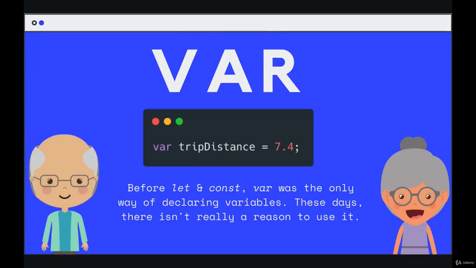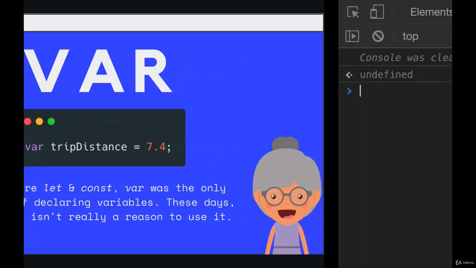Next up, a quick side note about the old way of making variables. Before let and const were a thing, you had to use the var keyword. So var and then the same exact format. Variable name equals some value. Now, I'm showing it to you not because you should use it. There's really no situation where it makes sense to use these days, but you will see it all the time